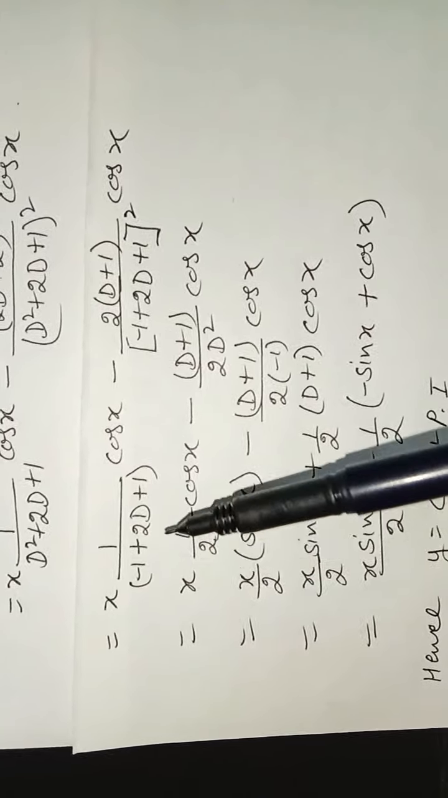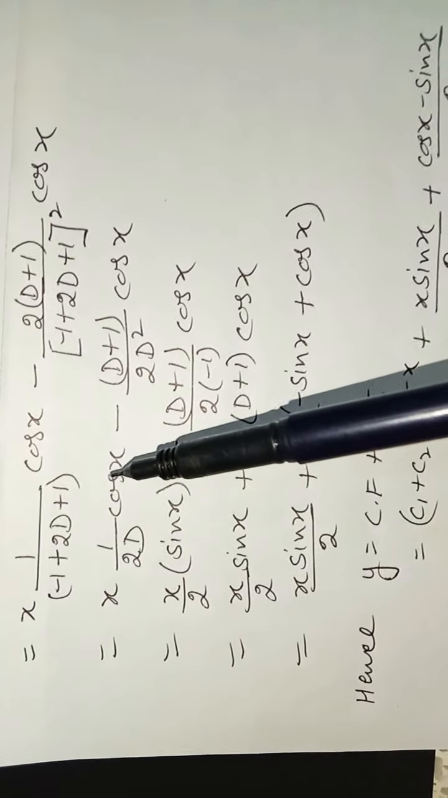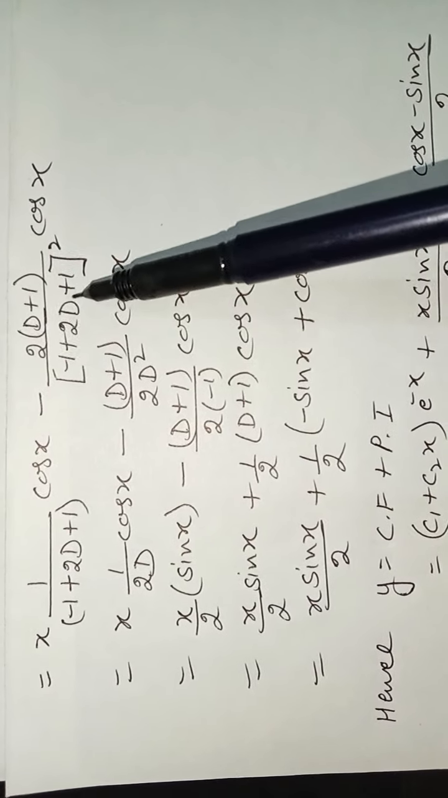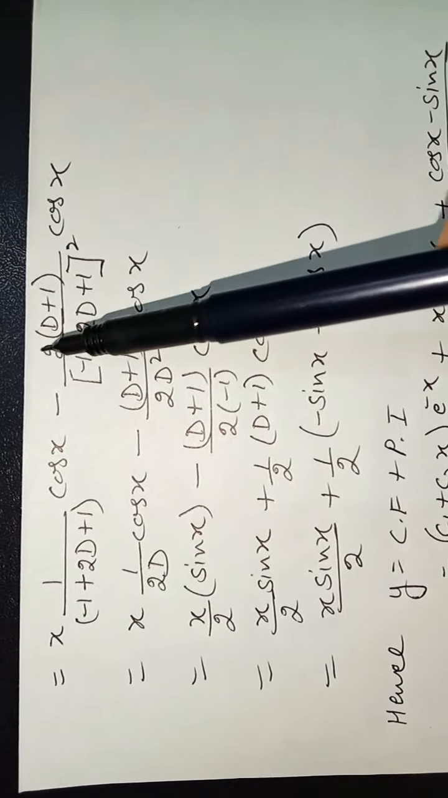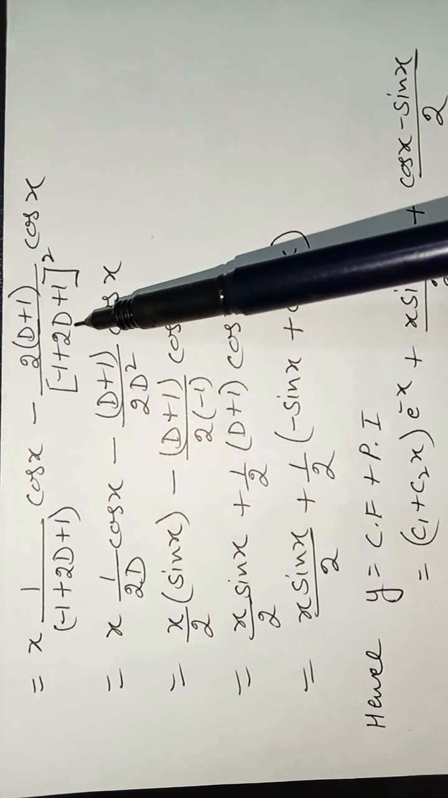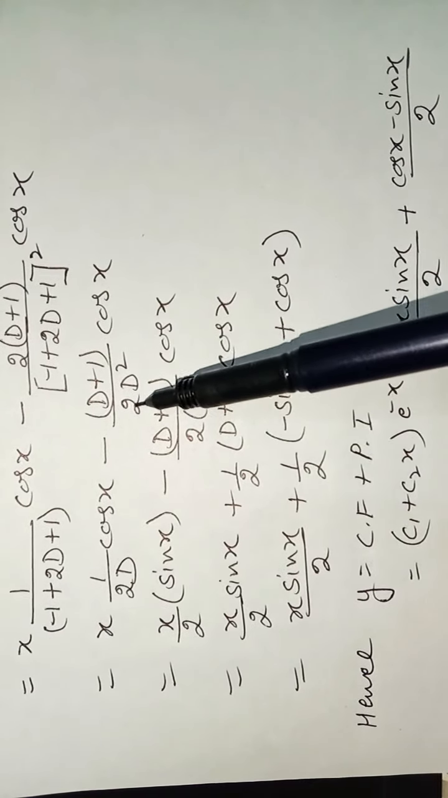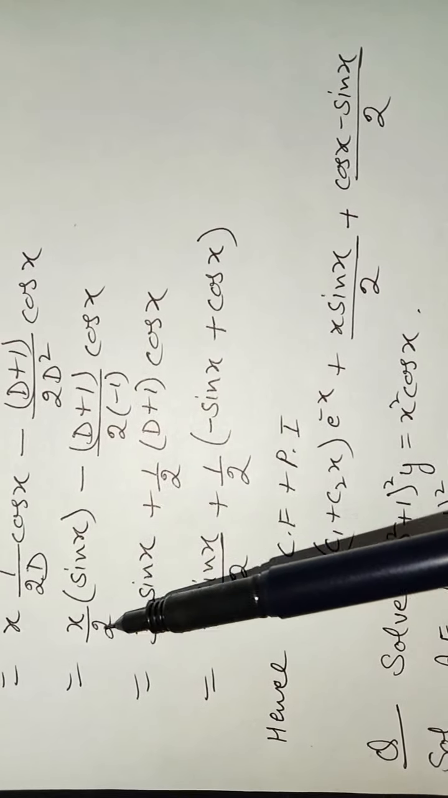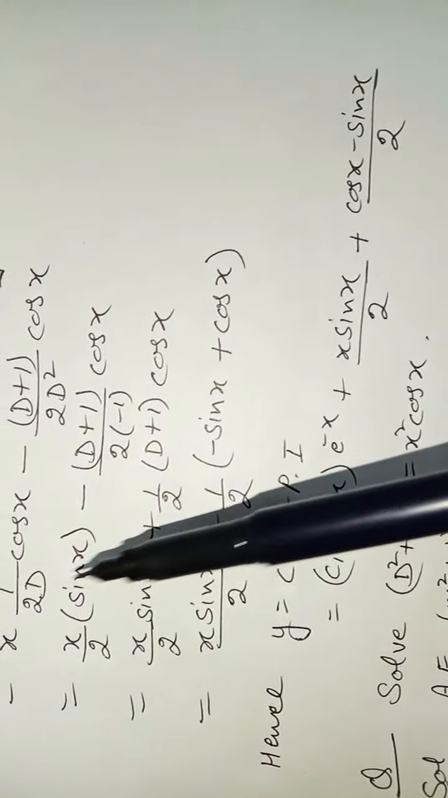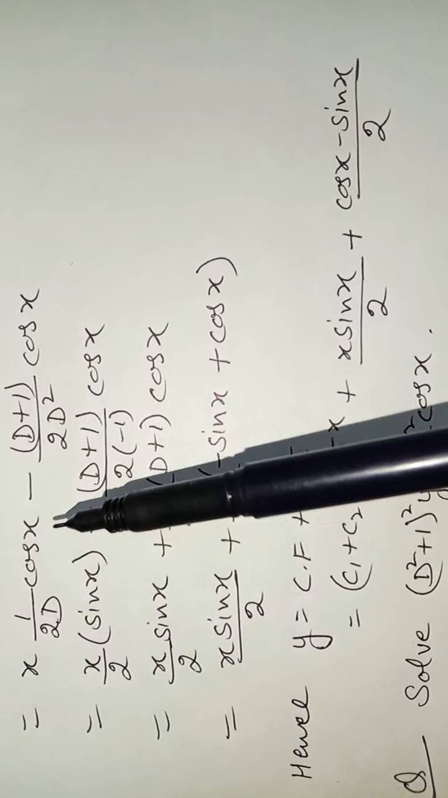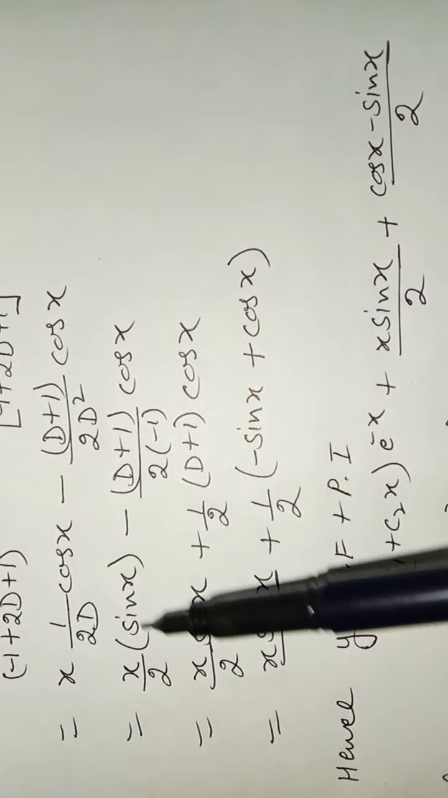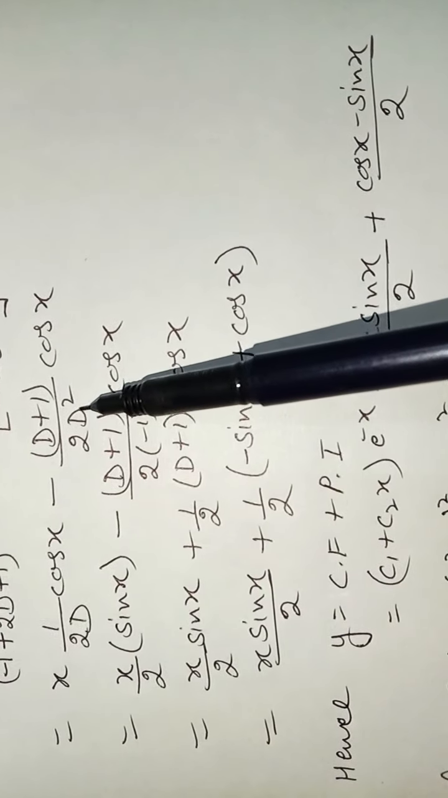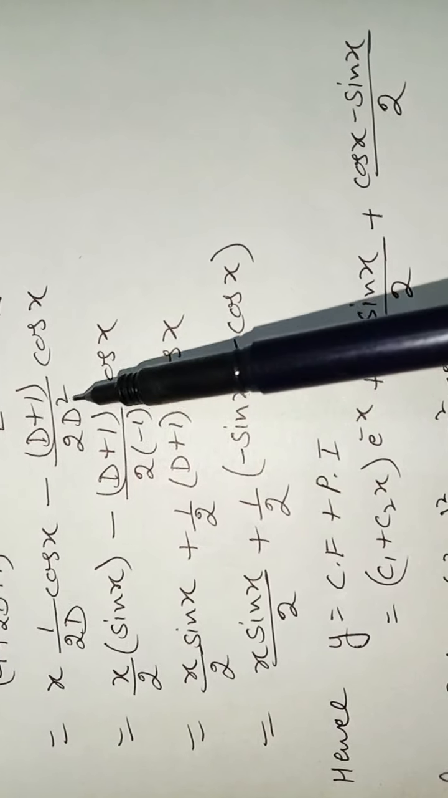So we are left with x times 1 by 2D cos x minus, again these two will be cancelled. The 2 will be cancelled from the numerator as well as from the denominator. So D plus 1 over 2D squared operating on cos x. Now 1 by D means the integration of cos x. So integration of cos x means sin x minus D plus 1 over 2, again in place of D squared we